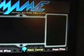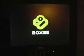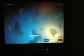Alright, another thing I've added real quick, you wanted to get rid of the things on the wheel that we don't use. So I have, but I've added this thing. This is Jukebox, which goes in a Boxy, which is like a media center, free media center. So now that goes in there, and then you just use it. It's designed to be used with like a remote or a joystick or whatever, so that's why it'll be handy if you do want to use it for, you know, a jukebox. Alright, so we'll escape back out of that,